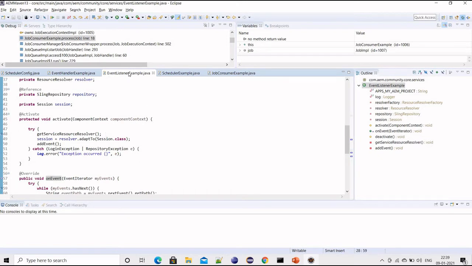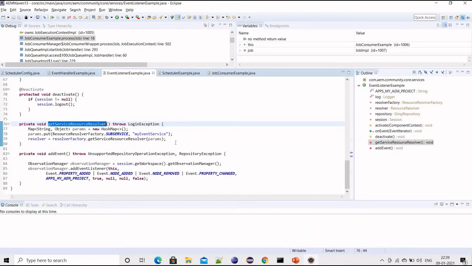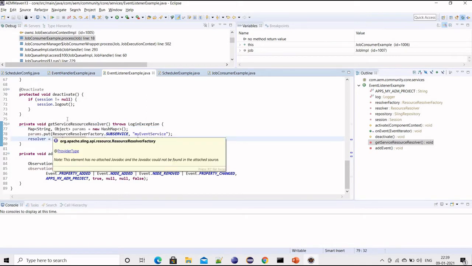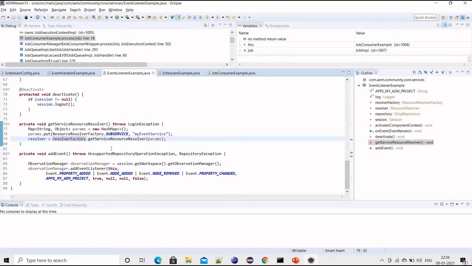Okay, this is important. Inside my activate method, first I'm trying to get the resource resolver using a subservice. I think I have already explained this in one of my videos, but this is how we can get the session from the service user, because the login administrative session is no longer supported, it's deprecated now.